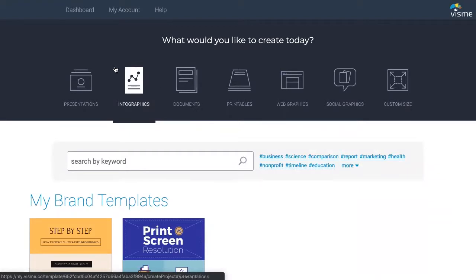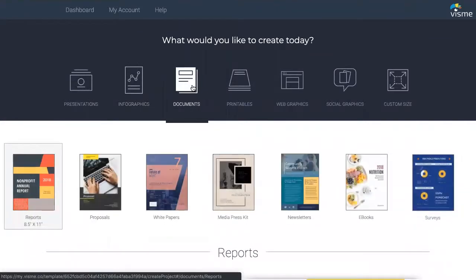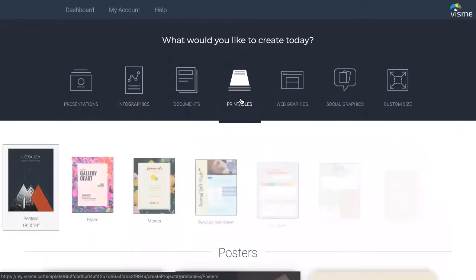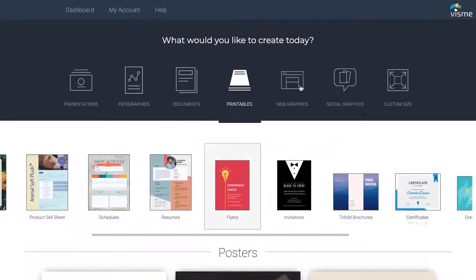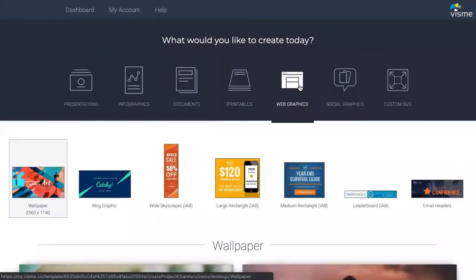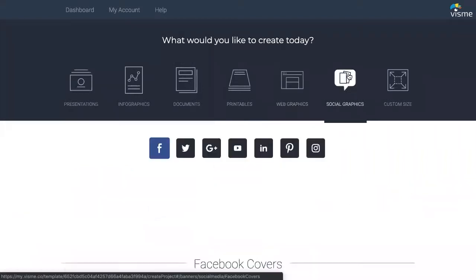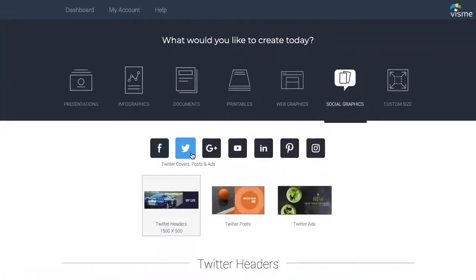So not only can you create presentations and infographics, but under documents, we have banners, posters, flyers, newsletters. Under printables, we have reports, proposals, menus, resumes, flyers, trifold brochures. Under web graphics, we've got wallpapers, blog graphics, different graphics for social media. Basically the size changes based on the platform, so for instance, for Twitter, for Facebook, all that stuff, we've got customized